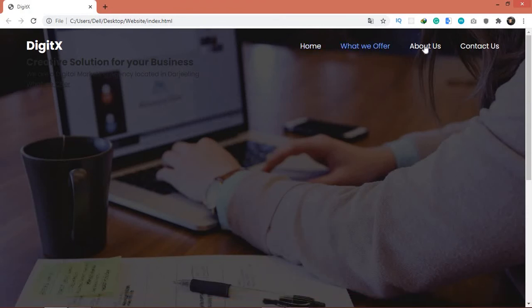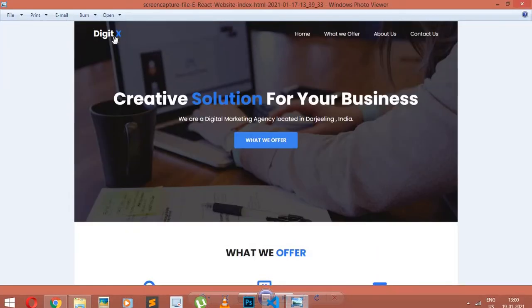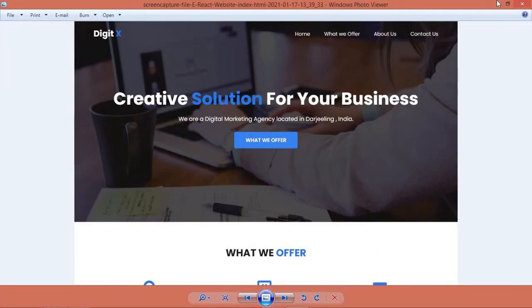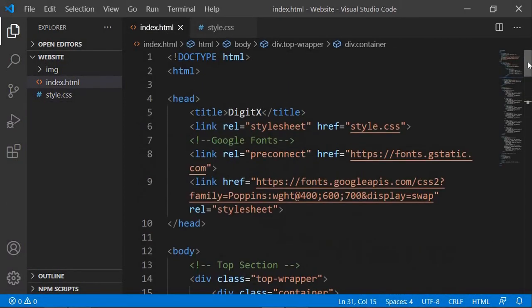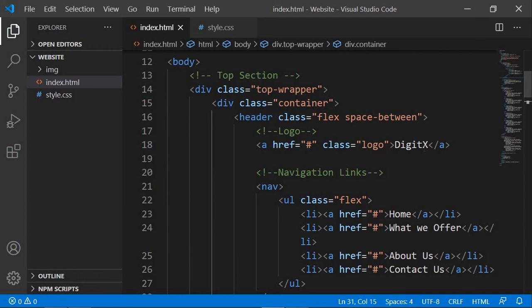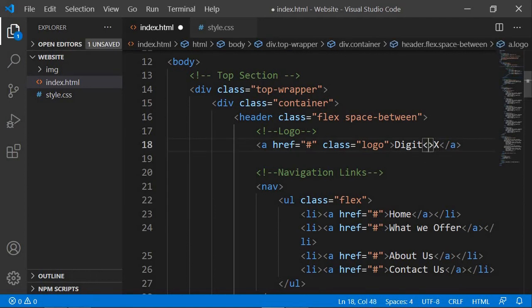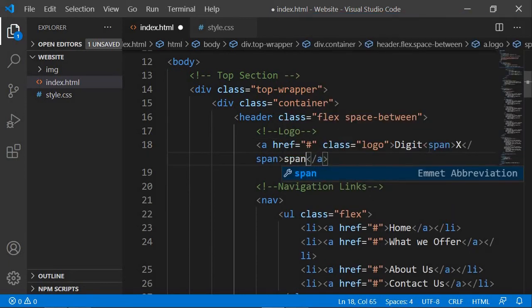Now another thing to notice is that this X here is blue in our main site, right? So we need to make that blue as well. So what I'm going to do is in our index.html here, I'm going to use a span tag. The reason why I'm using a span tag is because it is an inline element, so the X will not go down. If I were to use a p tag instead of a span tag, the X would come down,